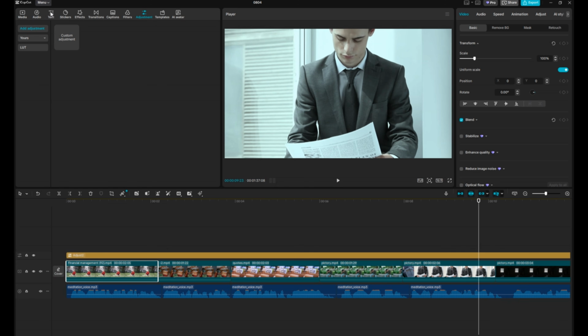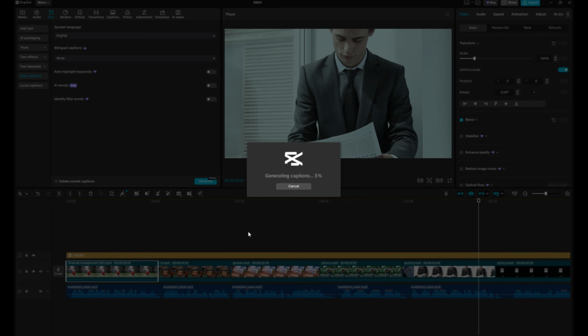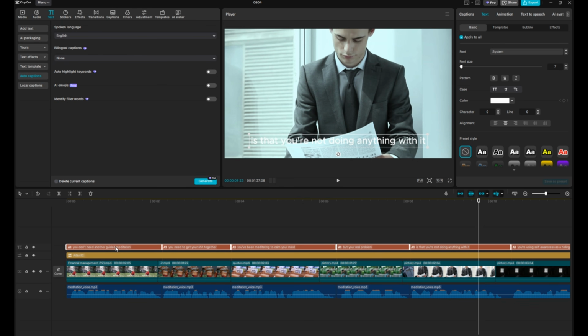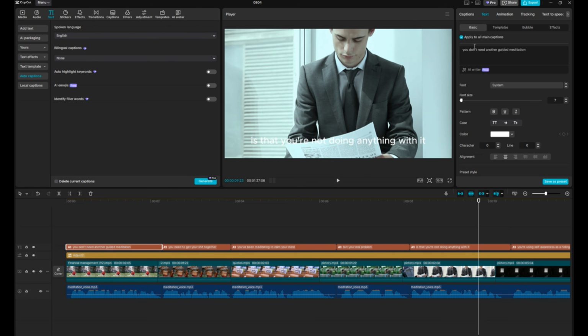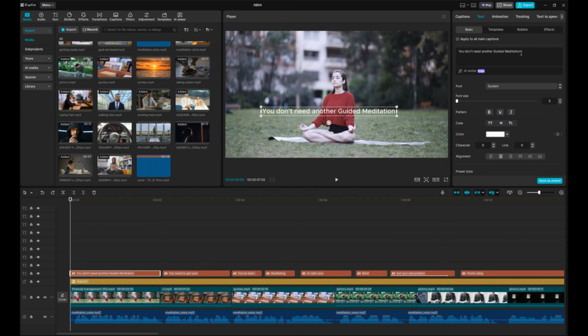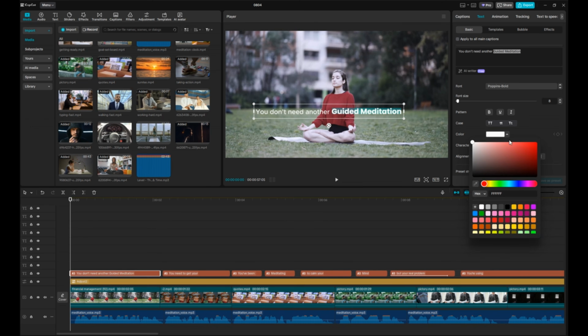Next, we'll generate captions. Go to the text section and click on Auto Captions. CapCut will automatically generate subtitles for your voiceover. Now, you need to edit these captions layer by layer in a different style. Uncheck the Apply to All option so you can customize each caption separately. Now, you can switch up the fonts, use different colors, and even animate the text so every line feels dynamic